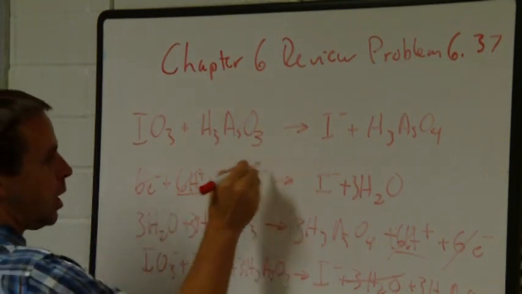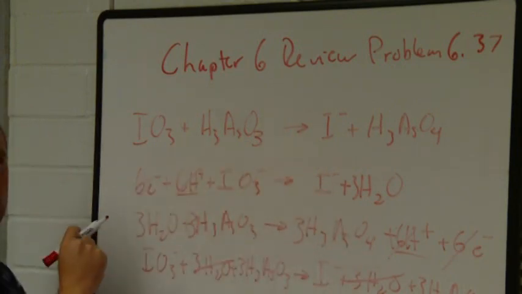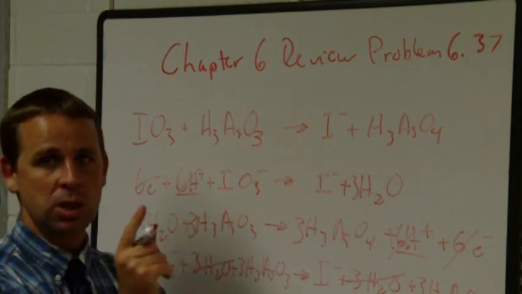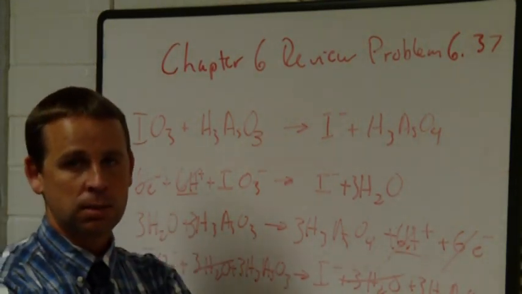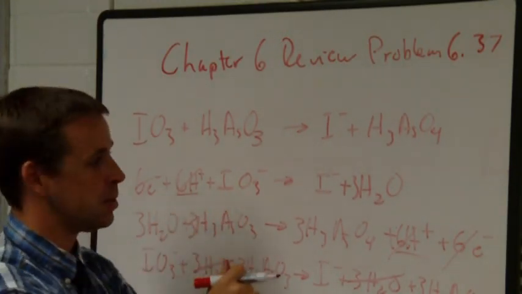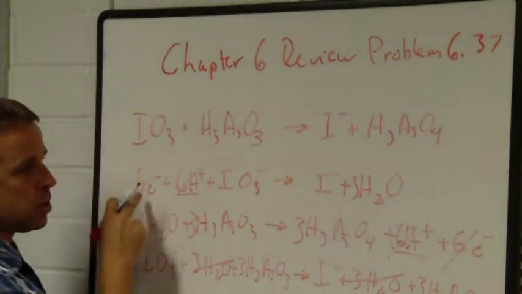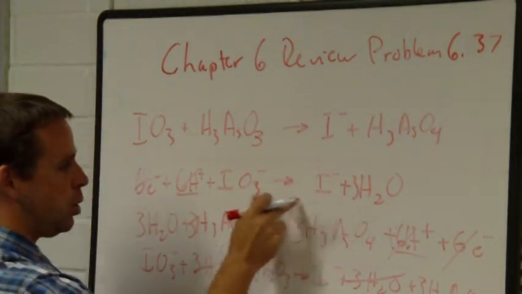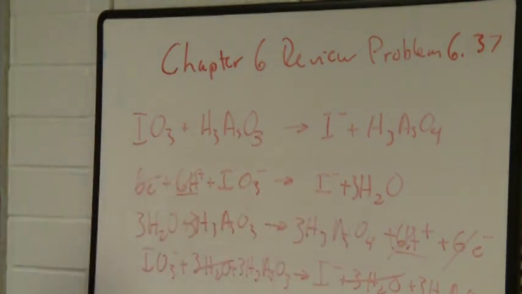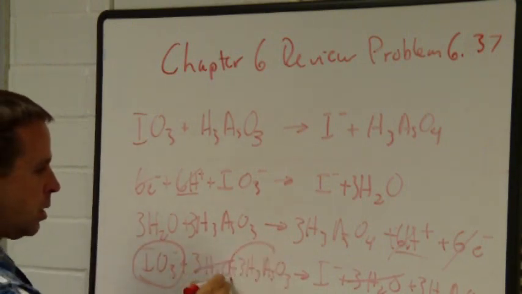Oh, that's okay. I got lucky, right? I forgot the minus charge here and I forgot the minus charge there. So it's important to keep those minus charges because they may make a difference in the charge balance. If I had forgotten the minus charge only here, then I wouldn't have needed to add 6 electrons. But fortunately, I've forgotten the minus charge on both of them, so the 6 electrons are still appropriate. So we should have the IO3 minus ion and the